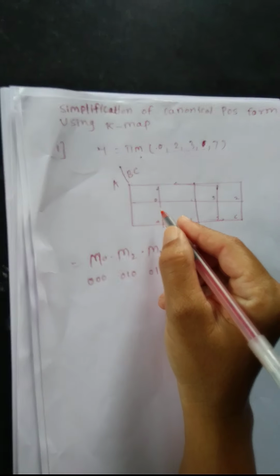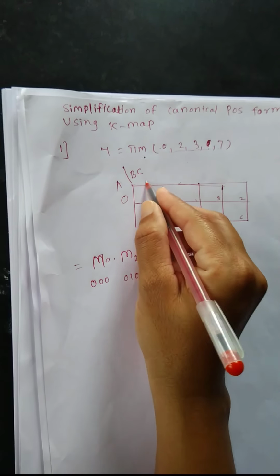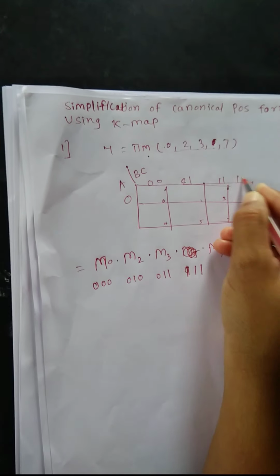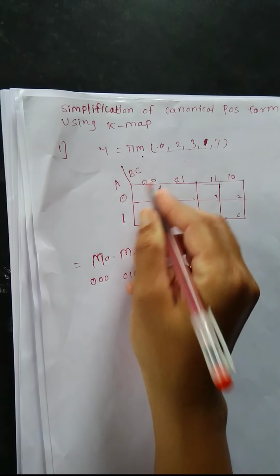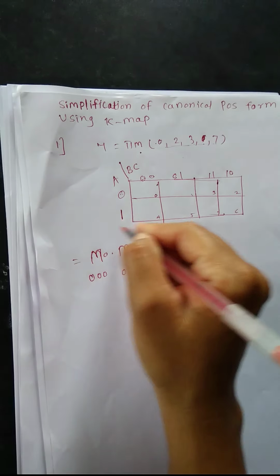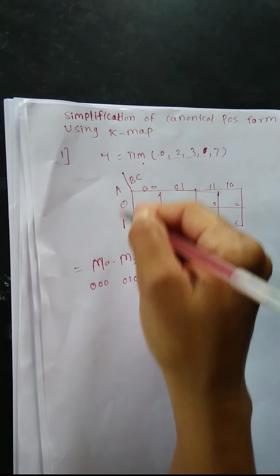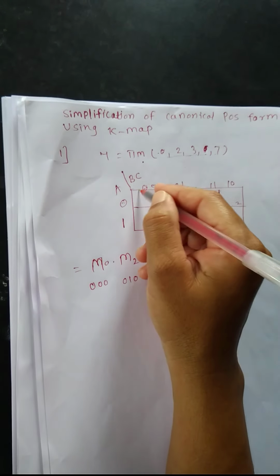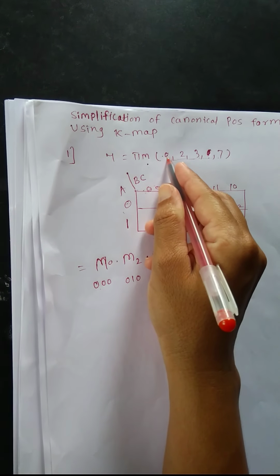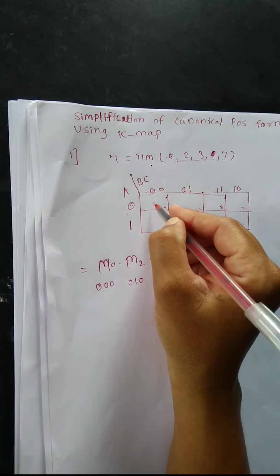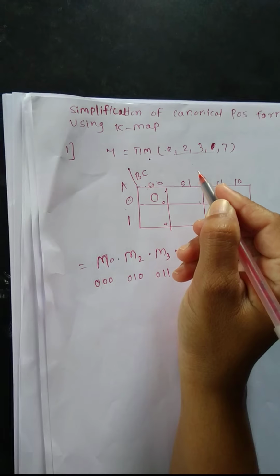So in this K-map you have to enter 0. Where is 0? Here, 0, 0, 0. In a POS you do not enter A bar, B bar, C bar as in SOP; here the logic is considered as 0, 0, 0. That means M0, which is the max term. So for the max term you enter logic 0 in the K-map, a 0 in a POS form.